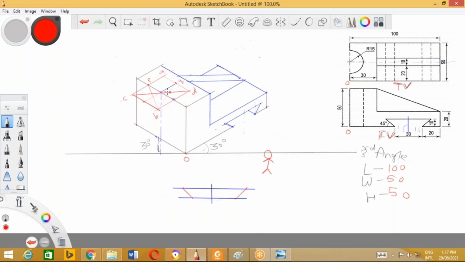We'll consider this as E. Keep the pointer on point E and radius equal to EQ. Draw a circle.